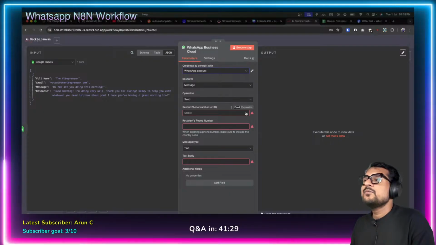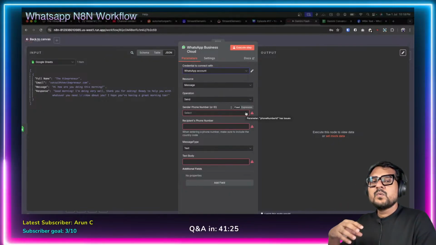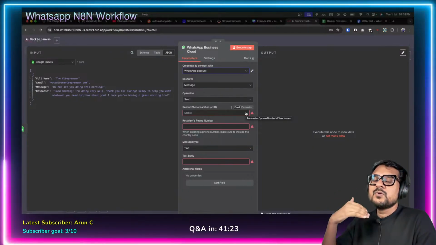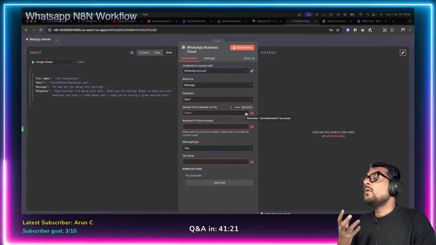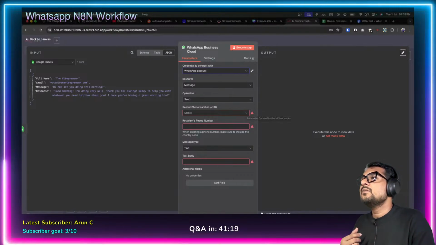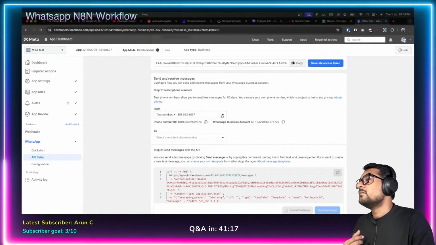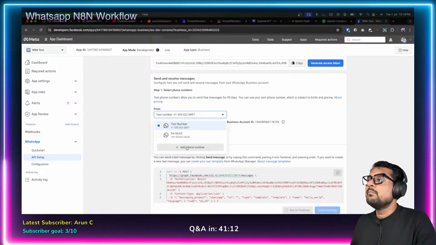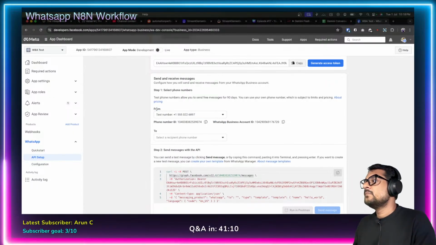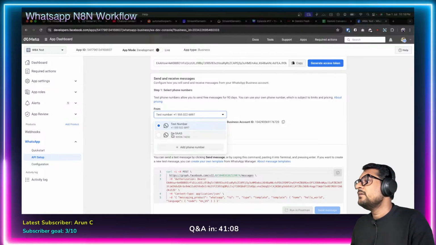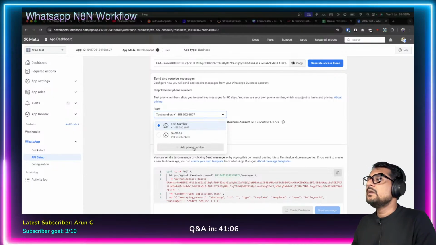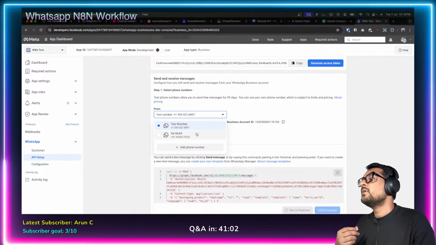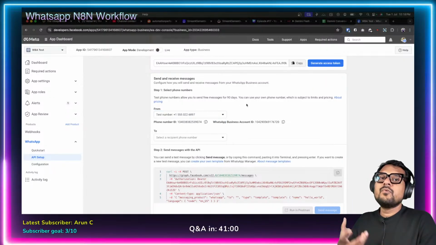Then it's asking us to select a phone number, right? This is the phone number with which you will send it. Now if you have not added this phone number, you have to add it here. Here you have this option, add phone number. From this from option, you can click on add phone number. Then it can also provide you one test number, or you can also add some of your own phone number,